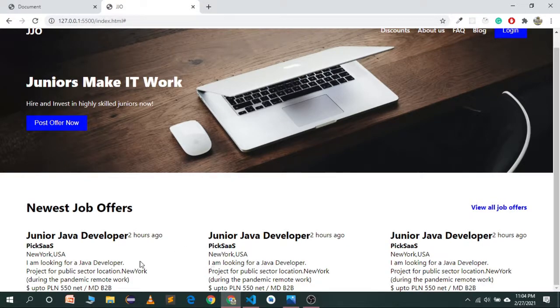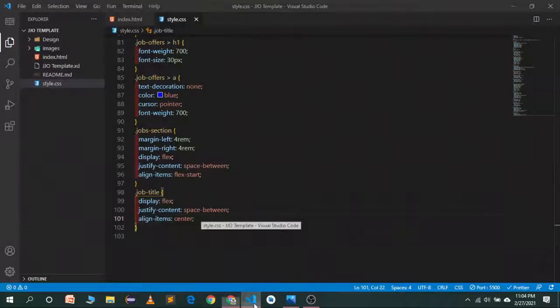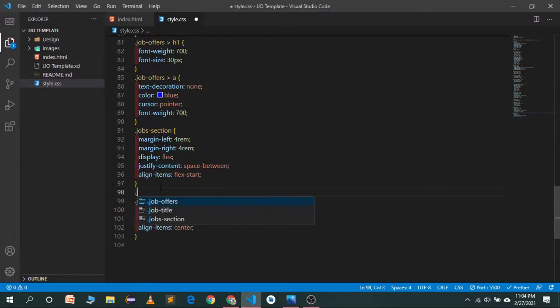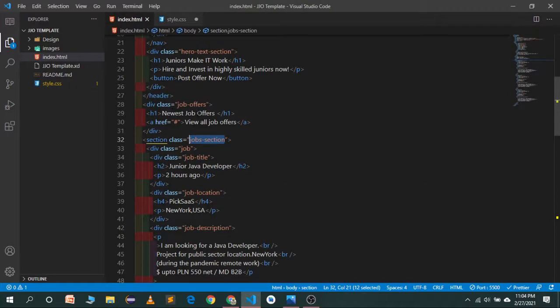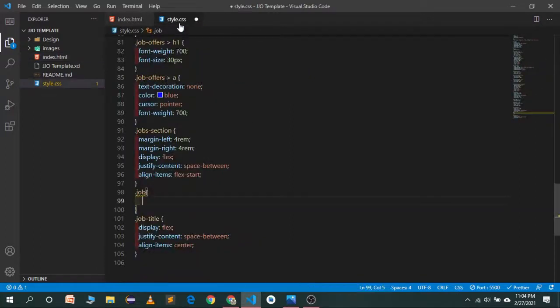What we want to do is to decrease the size of the title, because the title is covering the whole size of the container. So target the job. I think we have a title of job for our container. Give it a background color of black.